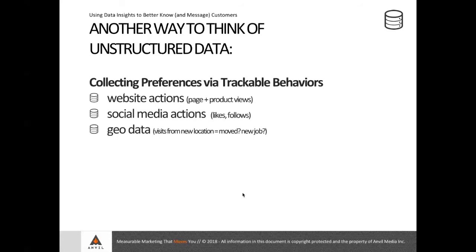You know, I know that they're in a different location now via my structured data, but my structured data is not telling me why they moved to a new location. And if I know they moved because they got a new job in a new industry, I may want to market to that person. If that person just had a baby, I may want to send them some marketing materials. My structured data is not going to tell me that they just had a baby, but unstructured data can.